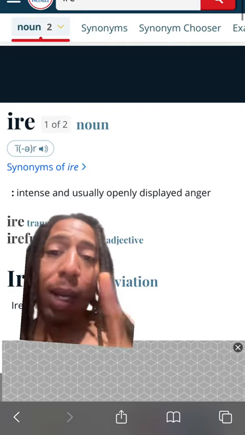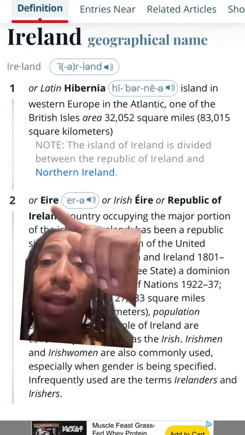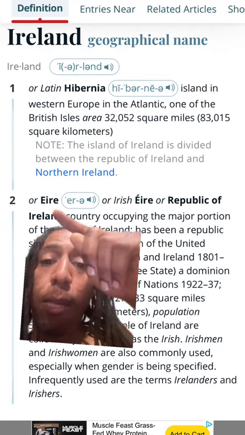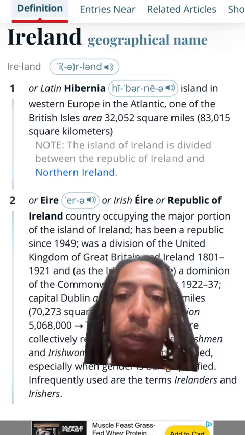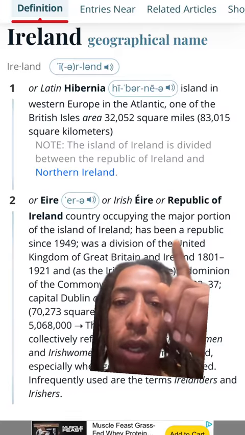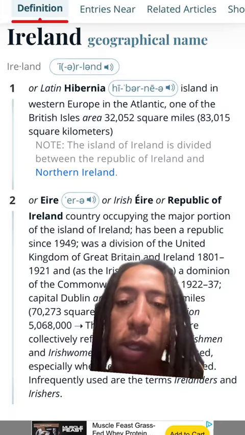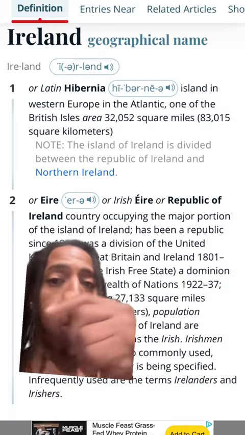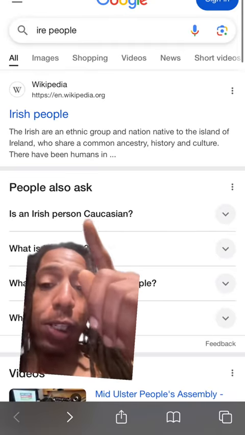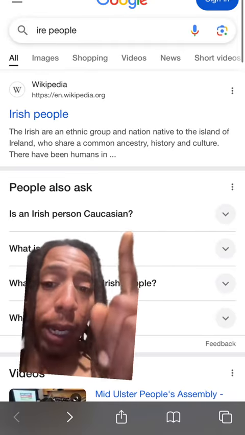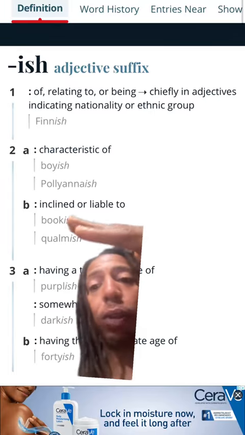Irie, but really it's not spelled that way. I wanted to show you that because it's really spelled like this. The Irie people from Ireland. Okay, they changed the spelling, took the E off. Makes sense, but country occupying the major portion of Ireland, whatever, this refers to the people, the Irie people. But you would think that they are Irish, ish being partly Irie, okay? Somewhat of, but not fully that.